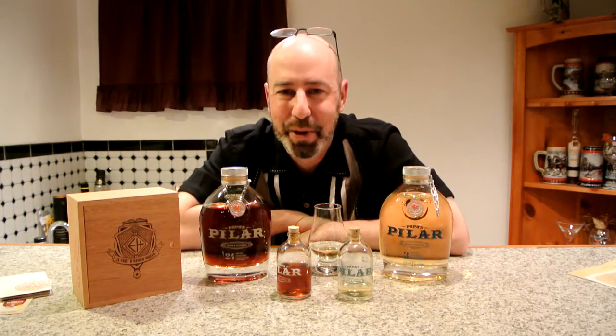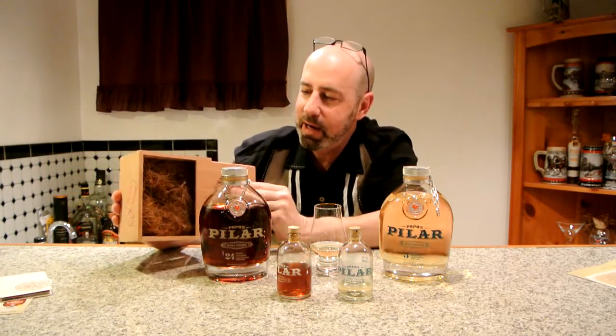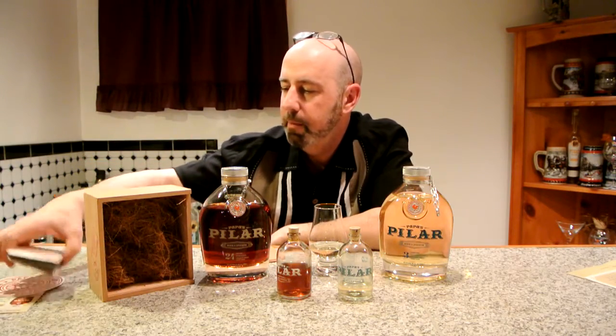This is Eman Booze. I was tickled off my rocker the other day when I got a hold of this here sample box of Papa's Pilar rum from Hemingway Rum Company out of Florida. So I done opened the box, right? It's kind of like a cigar box, and inside got some neat coconut strands in it and a bunch of